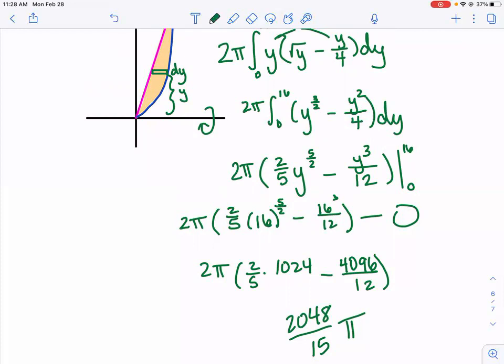Like I said, now that we're kind of at the tail end of this, Thursday's quiz is going to be only volumes of revolution. So disc, washer, shell method. There's going to be problems where I say, use the disk method, use the shell method. Or I'll say, integrate with respect to x, integrate with respect to y. You have to figure out which one to use. Or I'll leave it open and you choose. Okay, so you're going to have problems like that as we lead up to Thursday. Okay, so you need to be comfortable